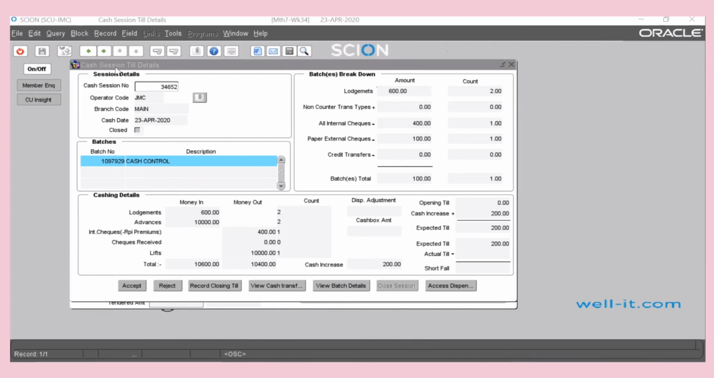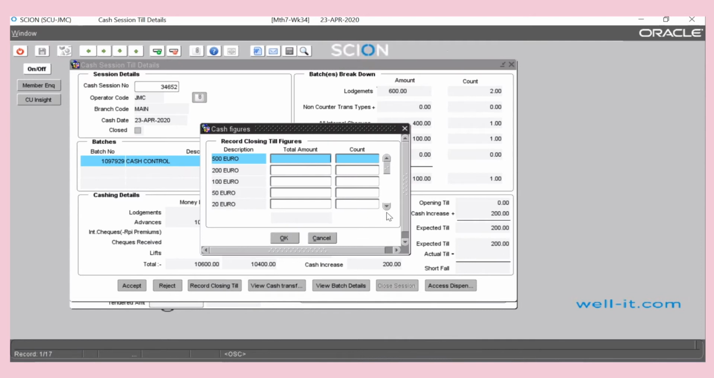So still within the cash session details screen, the teller will click on record closing till figures, and you can see over here that the expected till is 200 cash. So the teller needs to count the cash in their drawer and enter it into the screen. So we'll just enter in